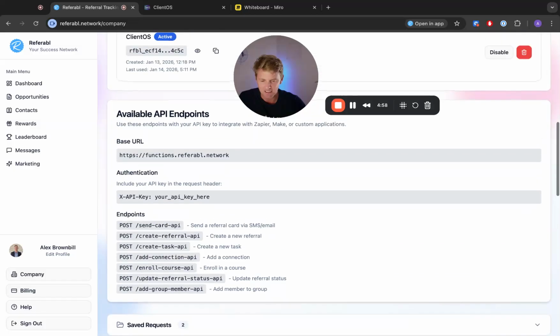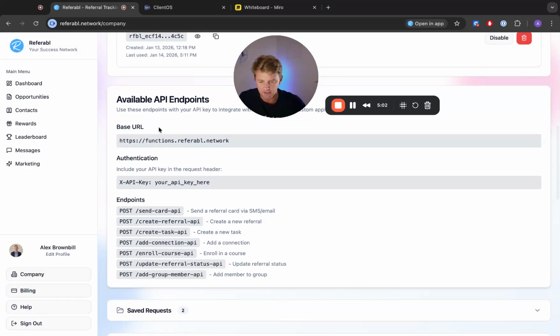And then you'll see these are all the actions that can be triggered at the moment inside Referable. We'll probably have more coming, but at the moment, the biggest one is going to be send a referral card via SMS or email. Another pretty big one is probably going to be create a new referral, but create a new task, connection. There's a few others. Some of these aren't even available to you yet. They're in the background, stuff that I've been building. But let's just go with this one because this is the one we've got a video on, sending a referral